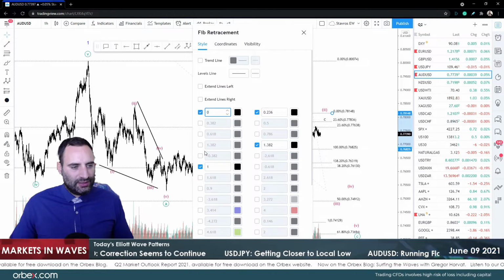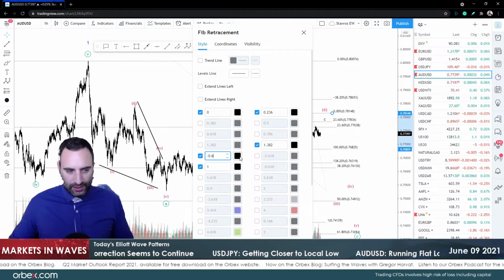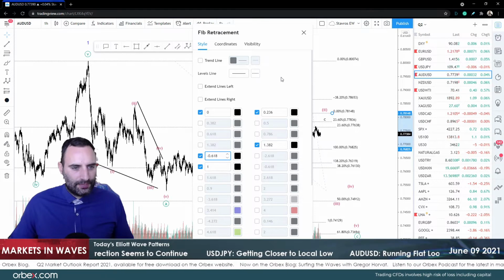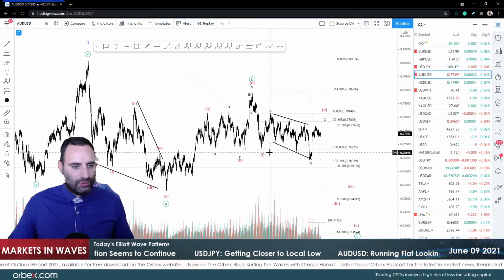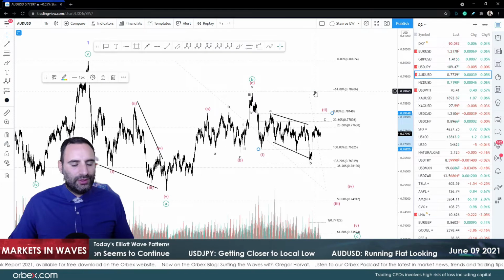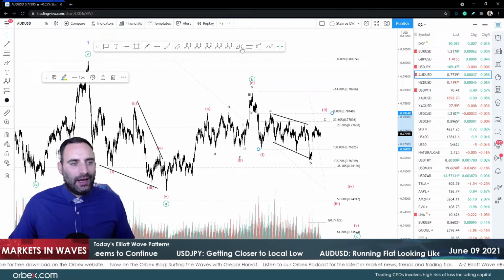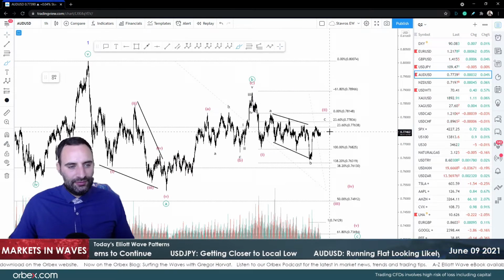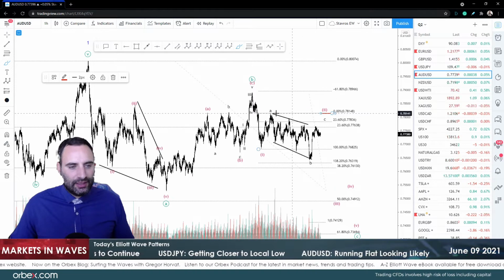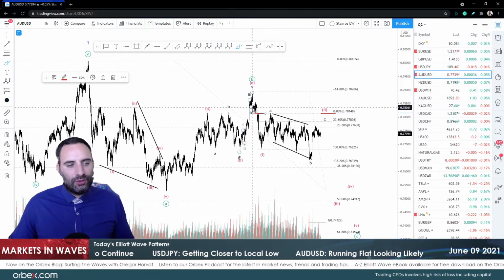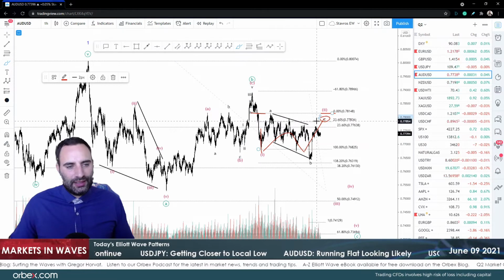Because the expanding flat in this scenario, hold on, let's do it this way, 61.8. I doubt that can be the case, obviously, because that would move above wave 1, should we be at the 61.8. So because it's nearly impossible to get there to the 61.8, I think there's less chance of getting the expanding flat. Also because the previous high over here is just the beginning of wave 1, so we want to keep that as impulsive as possible. So I think a running flat variation is more likely rather than anything else.